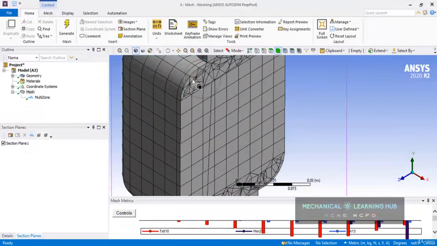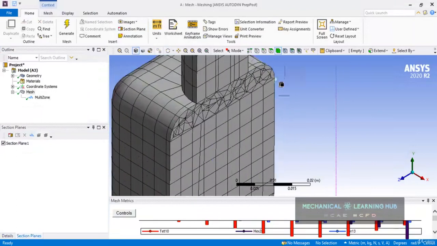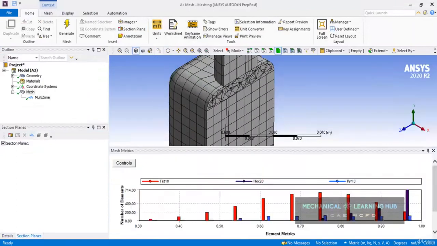Okay, so in the remaining areas it creates tetra and pyramids, you can see in this area. And now if you check the element quality as well, you can see this, right? So the red ones are the tetra elements and pyramids are this. All right,